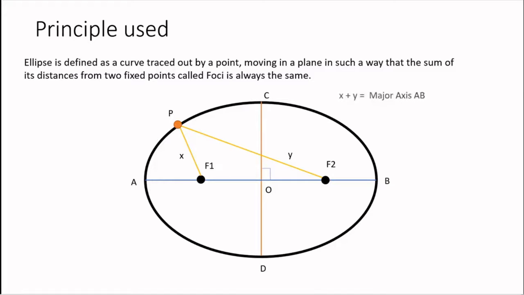So remember, we will be using this for construction, and we will be dividing the major axis into two parts. The first part we will take and use with the foci to mark the arcs. So remember, distances along the major axis we will be measuring and marking as arcs about the foci. So let's solve the problem actually on paper.